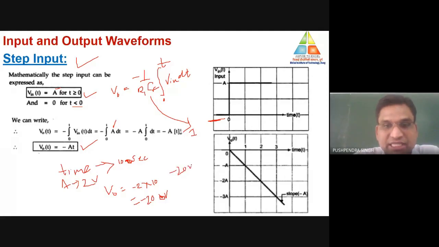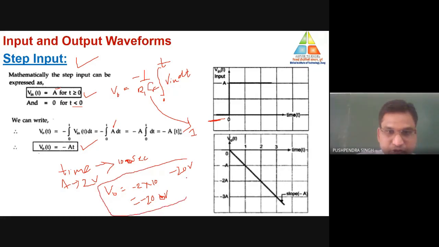So one question will be there in your mind. In case of the operational amplifier, suppose the value of supply voltage is plus minus 15 volt. And from this particular expression, the output is minus 20 volt. So as you think, after minus 15 volt the signal should be clipped off. After minus 15 volt, as per the saturation limit of the operational amplifier, the signal should be clipped off. So as per your assumption, the output will be V naught equal to minus 15 volt.